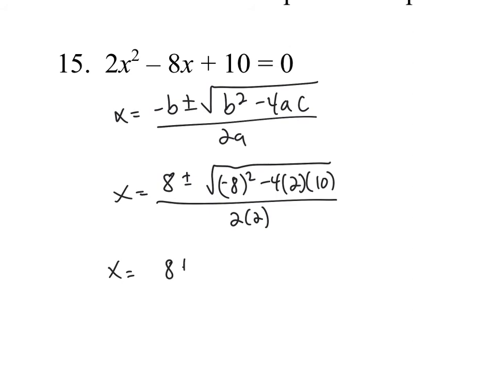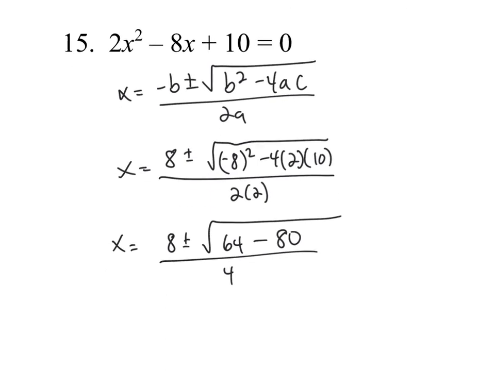All right, so we get x equals 8 plus or minus negative 8 squared is 64 minus 4 times 2 is 8, and 8 times 10 is 80,